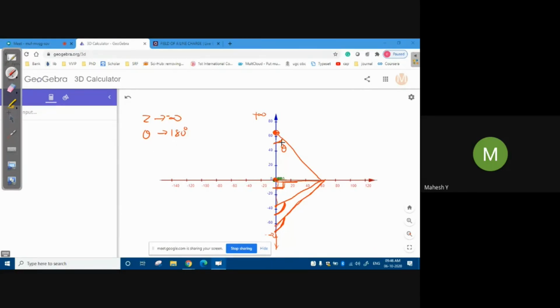Correct, correct. Now similarly, tell me what happens if I move towards z is equal to infinity. Here it is 90. Here it is lesser than 90. But as you move on, the angle decreases. And as I move to infinity, what will be the value of theta? As z moves towards plus infinity, what is the value of theta? 0. Correct, correct. So minus infinity to infinity, now change it to 180 degree to 0, or pi to 0 in radians. Correct?